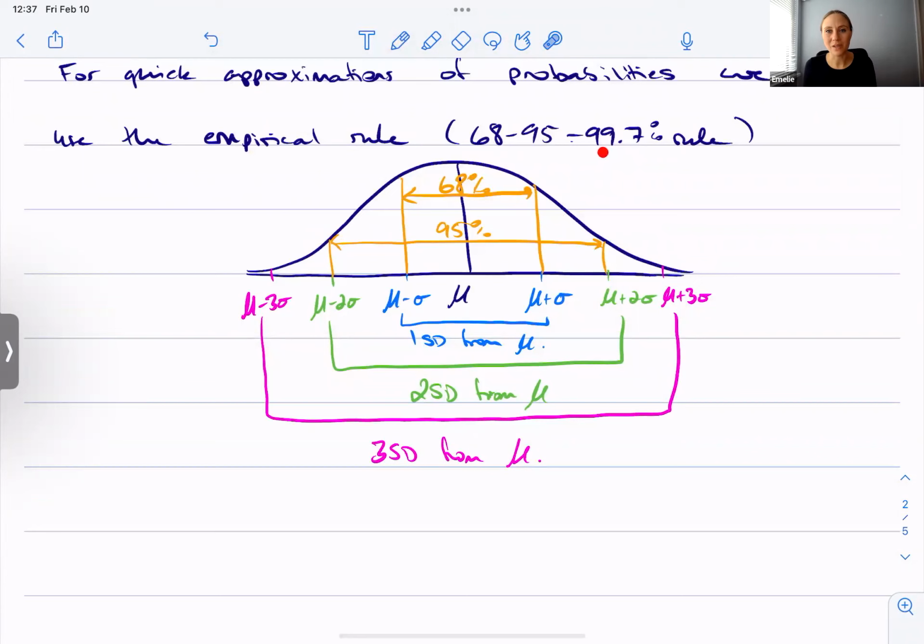And as an approximation, we use 99.7, right? Kind of weird, 68, 95, 99.7. But if you say it enough, then it just kind of sticks. So that's what we use, 99.7%. So these are just approximations, right? But if you've calculated a Z-score,